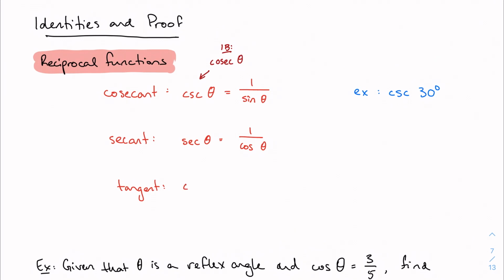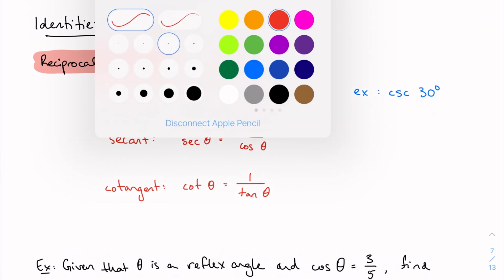Next we have secant, and that's the reciprocal of cosine. And cotangent, I should say, is the reciprocal of tangent. So you have cosecant, secant, and cotangent. The one thing I want to mention here